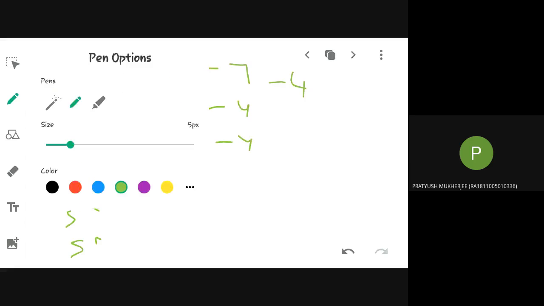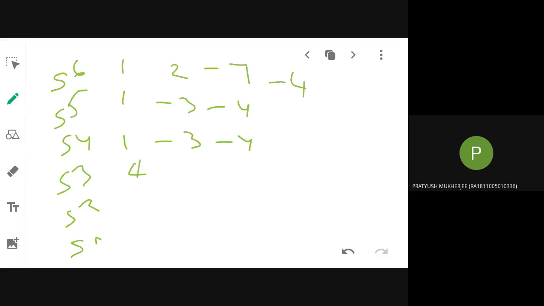s to the power 6, s to the power 5, s to the power 4, s to the power 3, s squared, s to the power 1. So this will be 1, 2, minus 7, minus 4. So 1, minus 3, minus 4, 1, minus 3, minus 4. The row of all zeros I am replacing by the differentiated expression, 4 and minus 6. So what will be the remaining? Tell me. For s squared, here it will be minus 1.5, minus 4. I think the s to the power 0 row is minus 8.133, I think so, if you are doing it correctly.